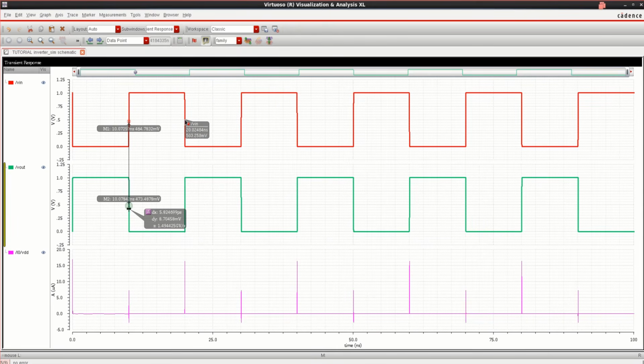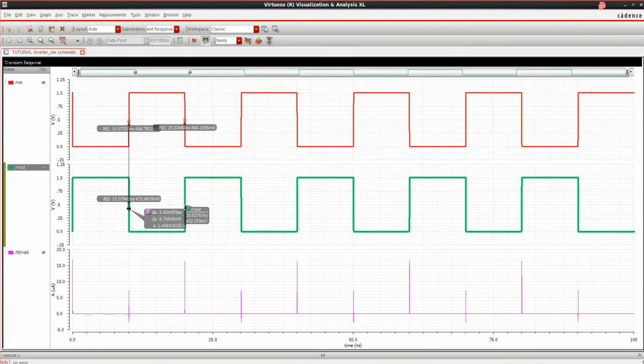Select this mid value, hit the M key. Here also you can select the D. That will give you the delta value, the difference between these two lines.